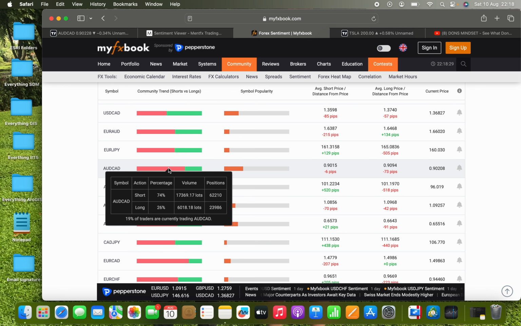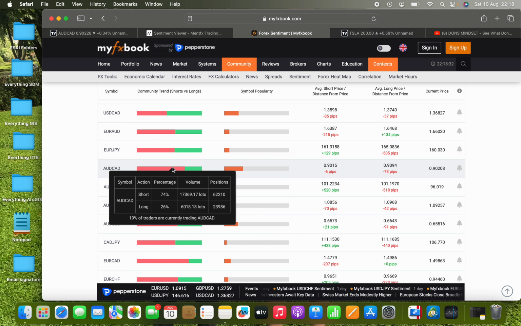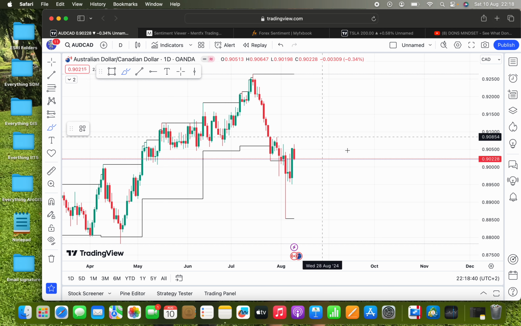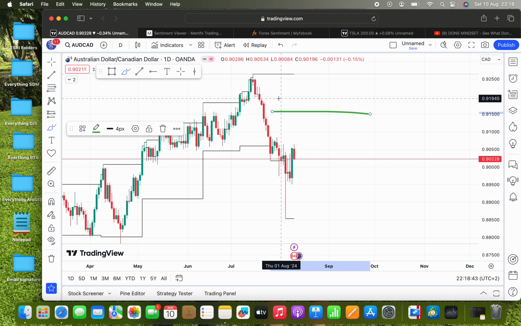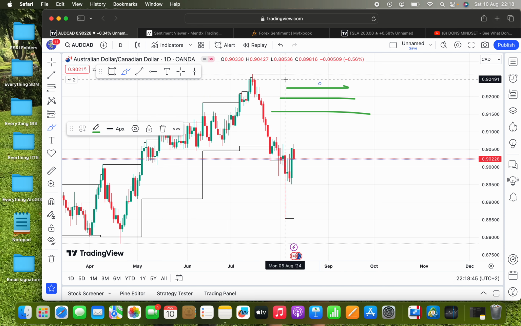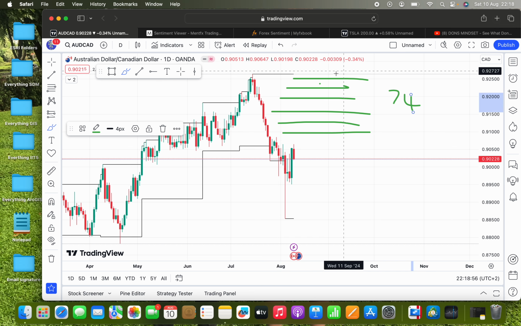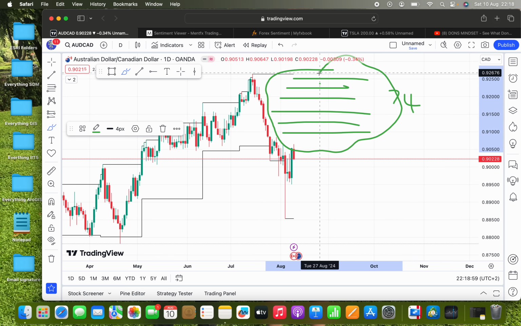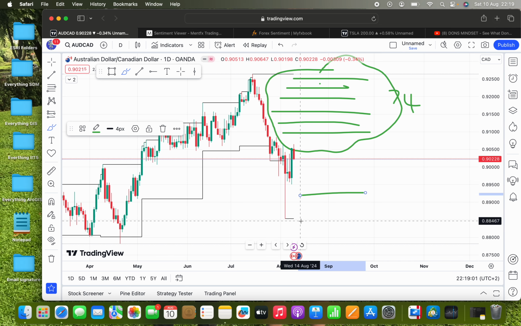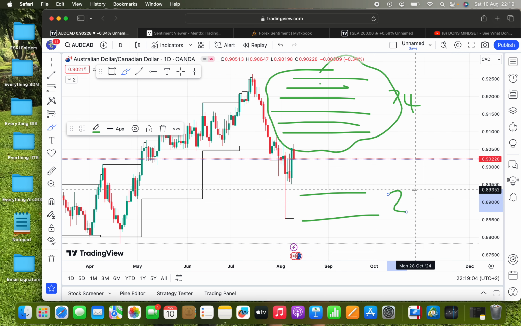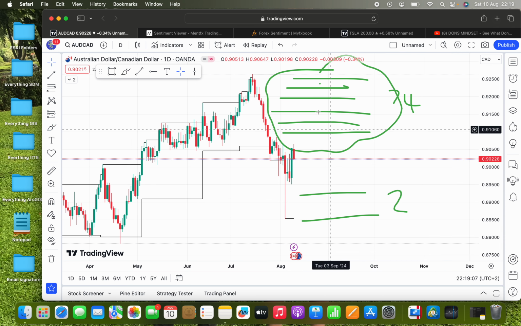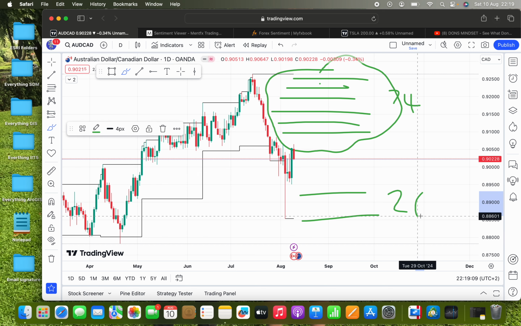So 74% of the orders are to the top side, because people are selling. So basically all the orders are over here, over here, over here somewhere. They're all over here. That's what that means. And they're saying that 74% of them are actually resting up here. That's what this is saying. And then only 26% of the orders are resting down here.